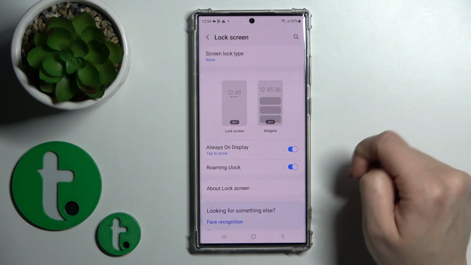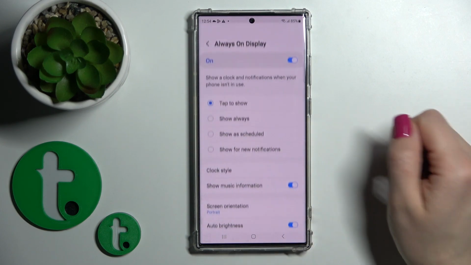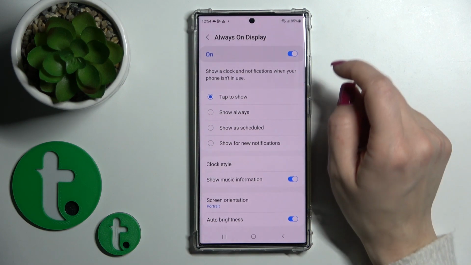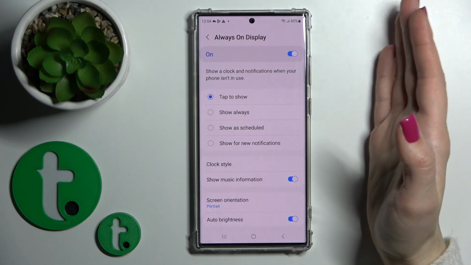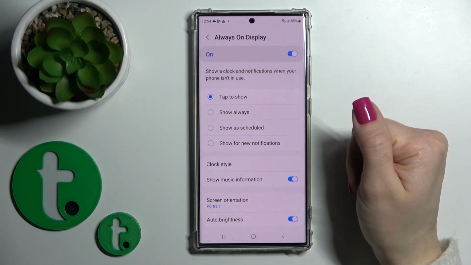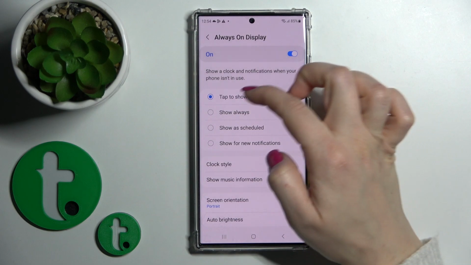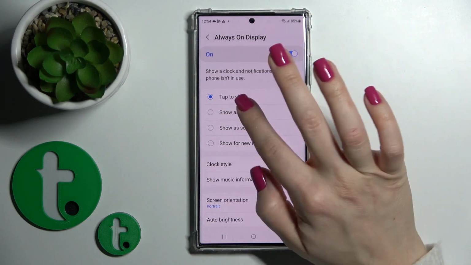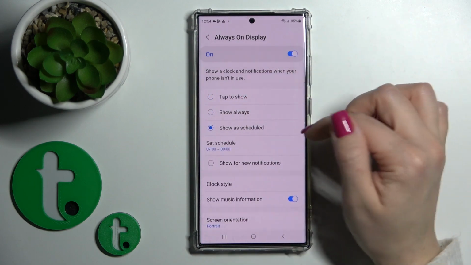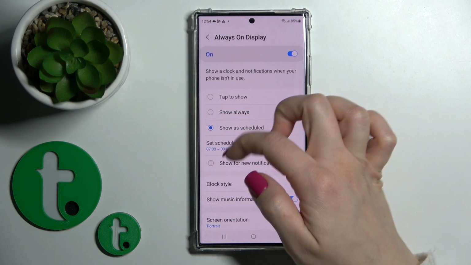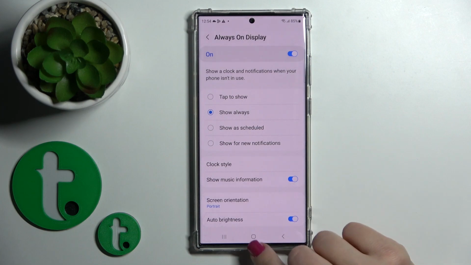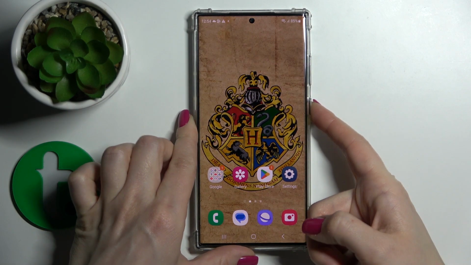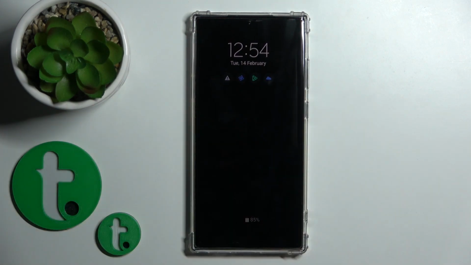Just to activate this option, click on the switcher, then tap on this AOD section, and here we can switch the show-on option on the lock screen of the AOD. So we can set it to show always, or as a schedule, so set the start and the end time, or to show it only for new notifications. For example, let's show it always, so let's just lock the device and we can see that the always on